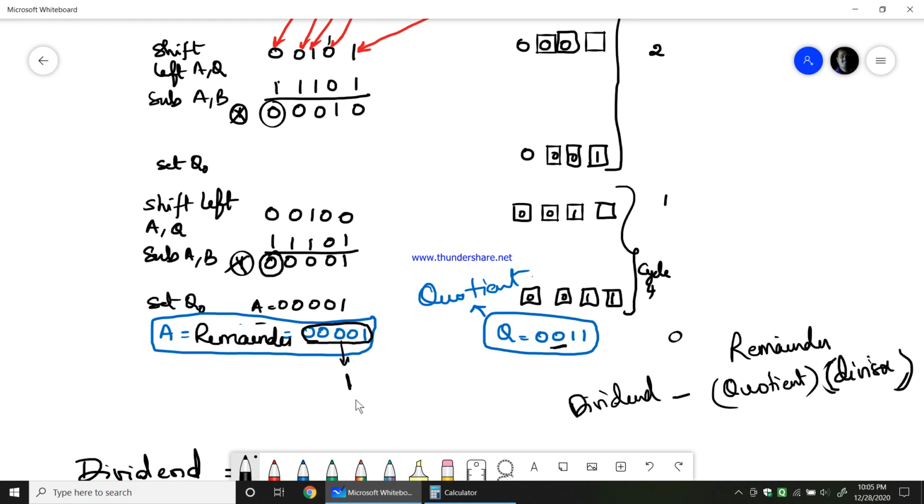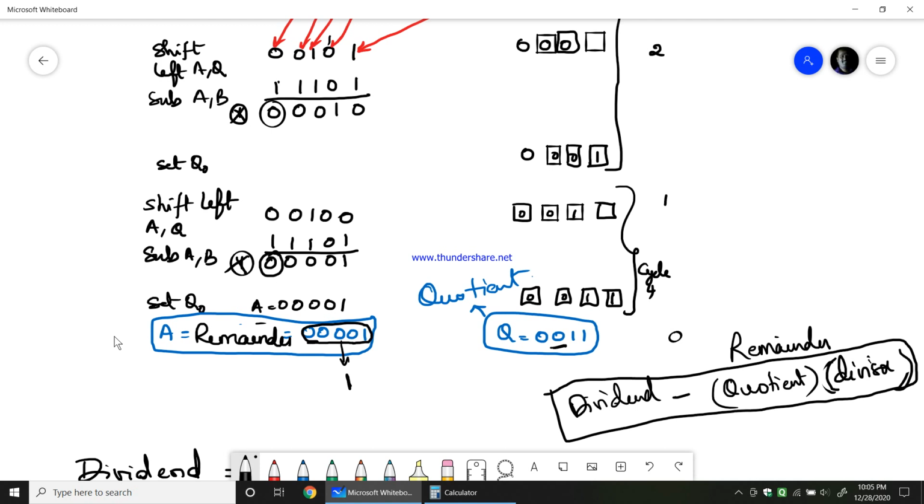So this is how you can verify the result of division and multiplication by using the calculator, which I have shown you just now. Okay. So the formula which you use for finding out the remainder is dividend minus quotient multiplied by the divisor. Then only you can get the remainder in your calculator.